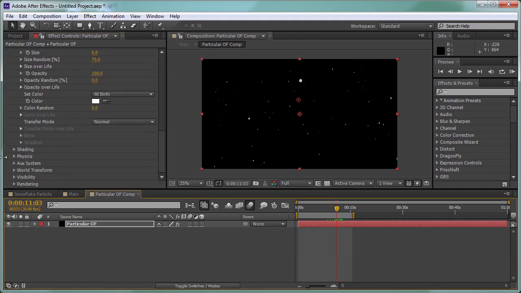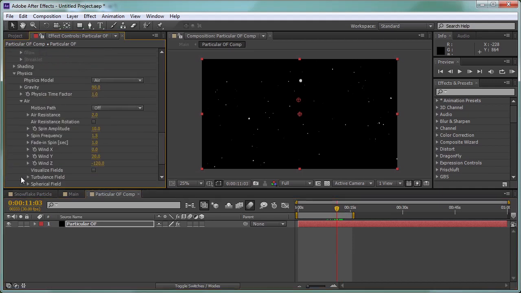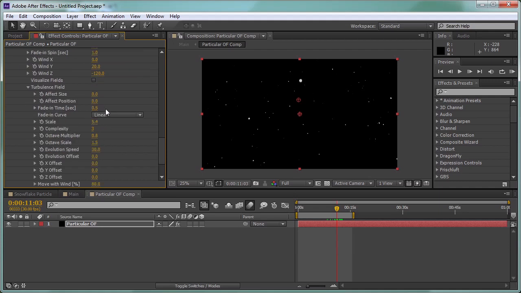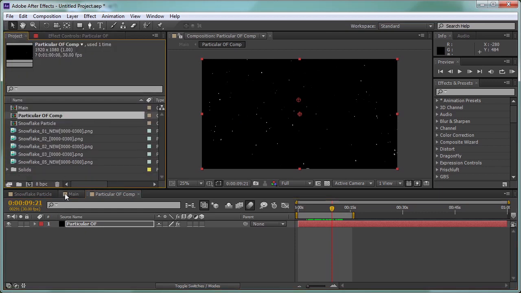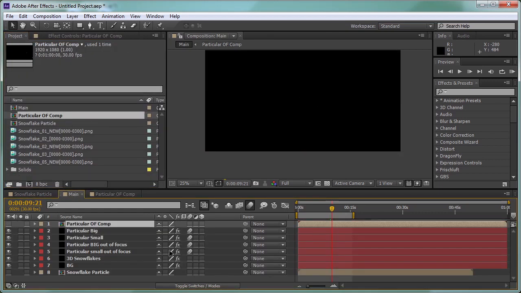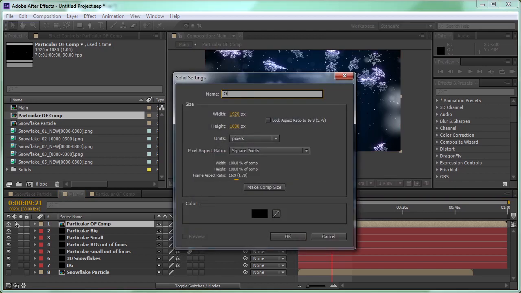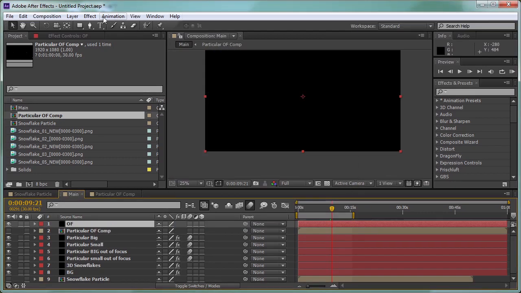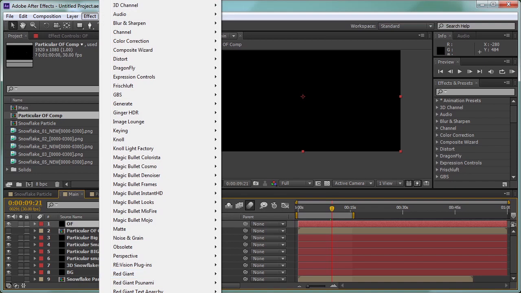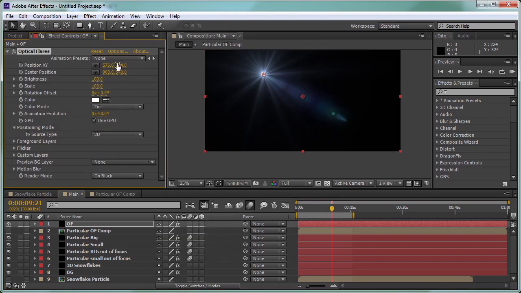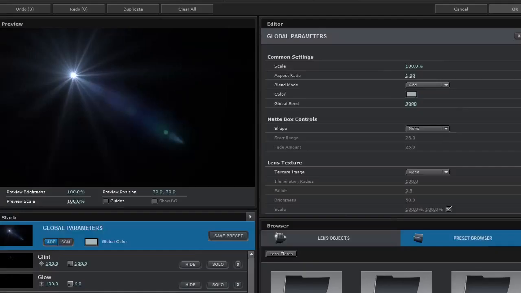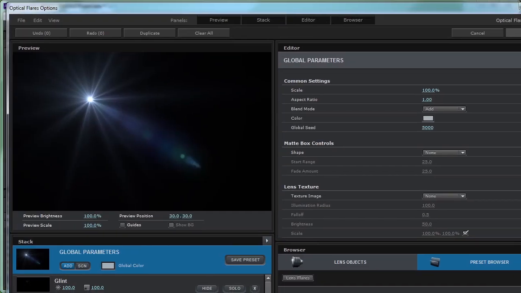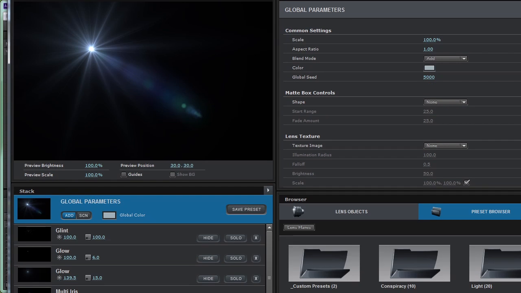and maybe go to the physics, open the air module and apply some turbulence just to make the particles move a bit more randomly, and go to the main composition, turn off this layer, create a new solid and call it OF for optical flares, click OK, go to Effect, Video Copilot and apply optical flares, and go to Options, and let's resize the interface of optical flares here,